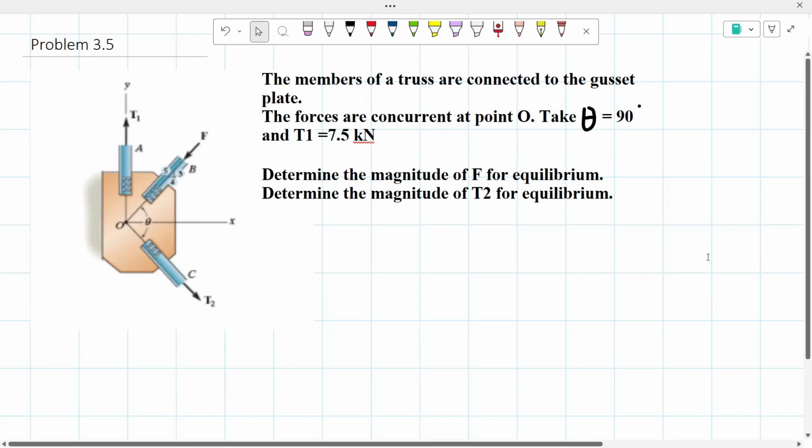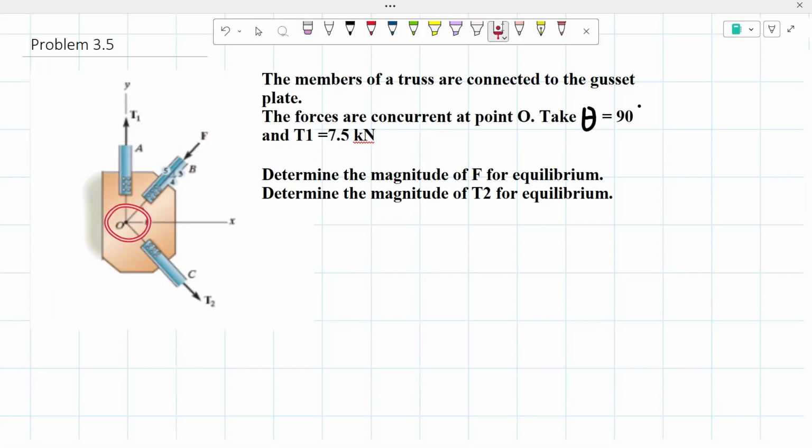Hello everyone, today we're going to be working on problem 3.5, and this problem is saying that the members of a truss are connected to the gusset plate and that the forces are concurrent at point O, which is right here, and that we should take theta right here to equal 90 degrees, and T sub 1 is given to us